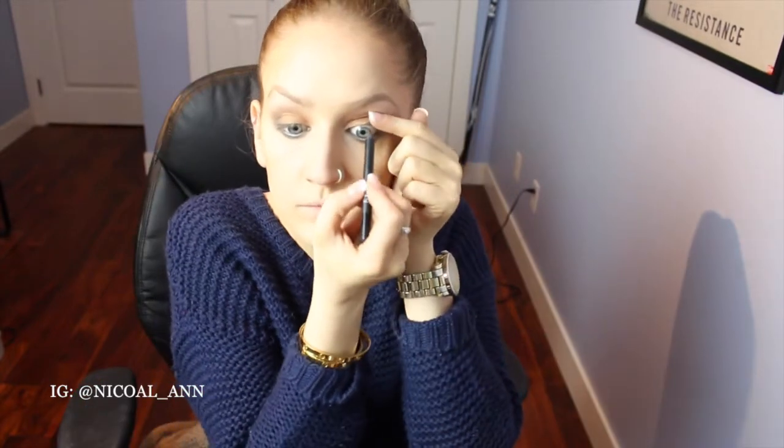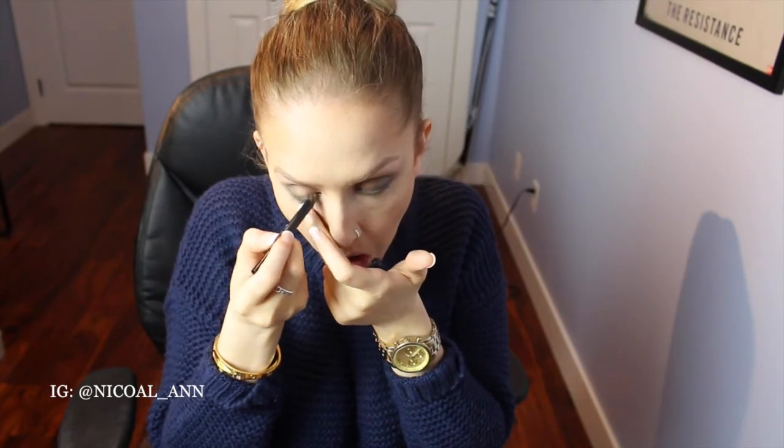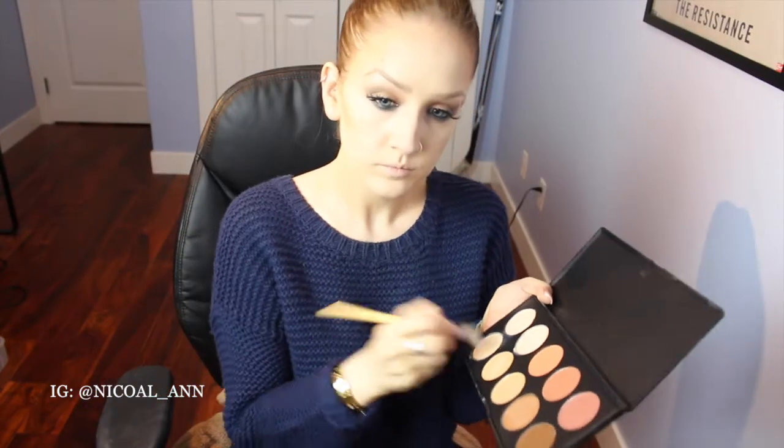I'm then going to take my NARS Via Veneto eyeliner and apply that to the water lines of my eye. Going back in with that pencil brush, I'm going to take that Via Veneto on my lower waterline and smoke it out. I'm going to apply my lashes off camera and go in with my 10 color palette from BH